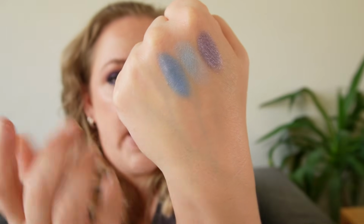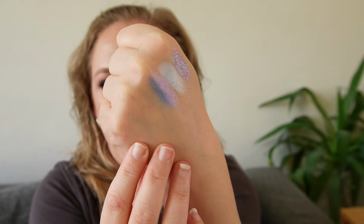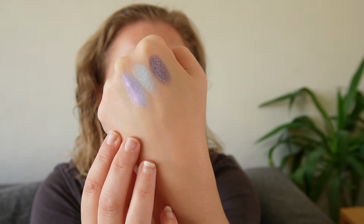So this is going to give a very different vibe compared to the Inglot one. But like I said, my Inglot version is like the very first time I ever found a periwinkle. So that's why it's special. And here is Cleona. You can see just the straight up light blue. And then when the light hits it, you can see that sort of pinky purpley tone coming through. That's sort of the vibe I'm going for